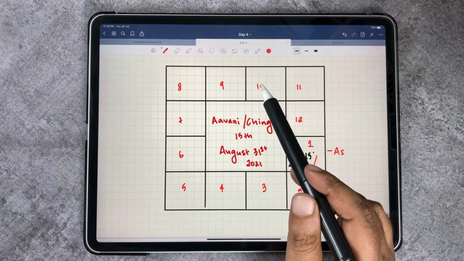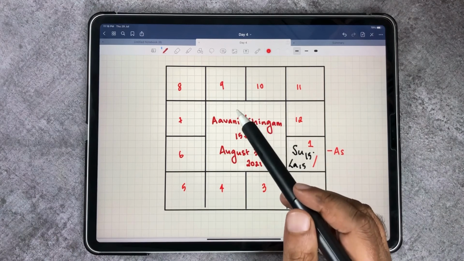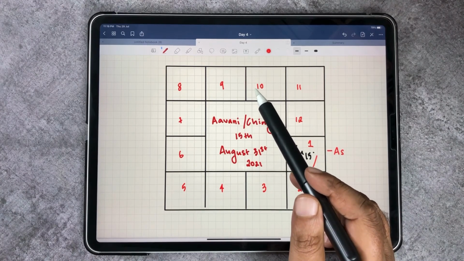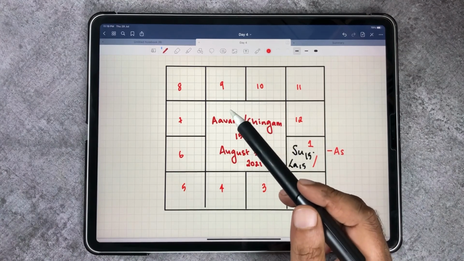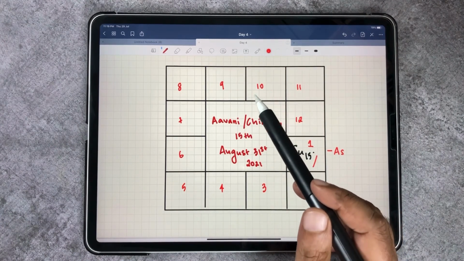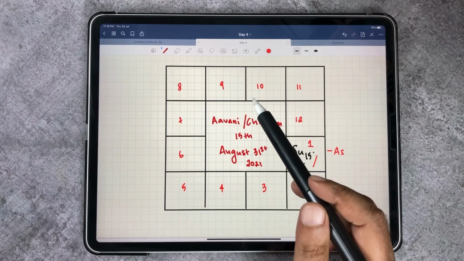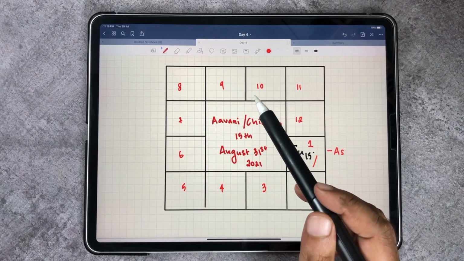The 10th bhava is called the Karmasthana, which indicates your profession. So if a graha here is good, then you would do very well in your career. You would do very well in your business. You will get some very good income and recognition. So if the graha here is bad, you won't be able to do well. There would be a lot of struggle associated with your profession or business.